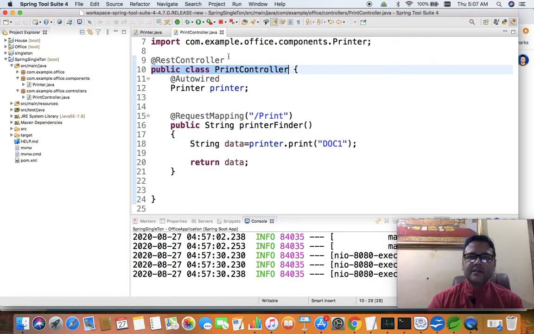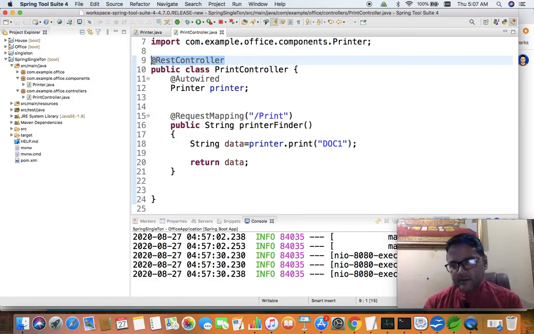Apart from an ordinary class, it is a REST controller, meaning it can provide a REST web service, or JSON can be given as output by this REST controller, but I am not bothering about JSON right now. We have already started discussing web service in different videos.